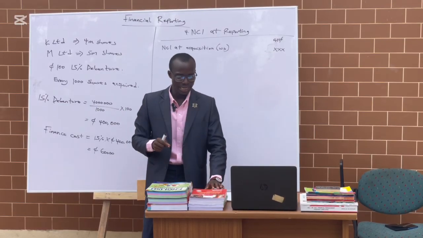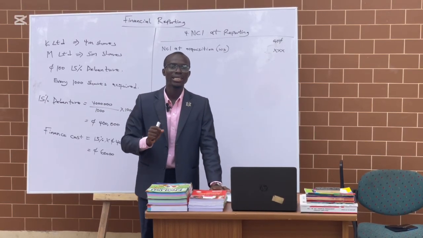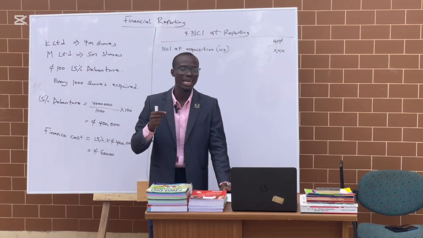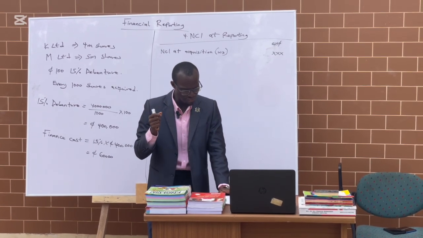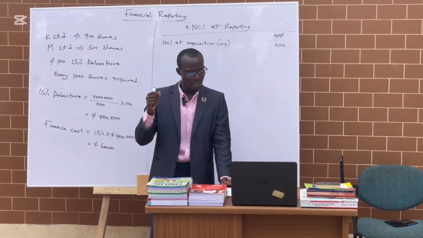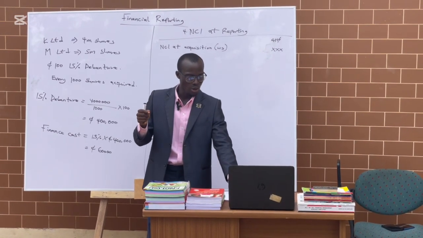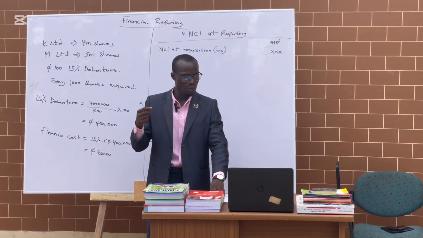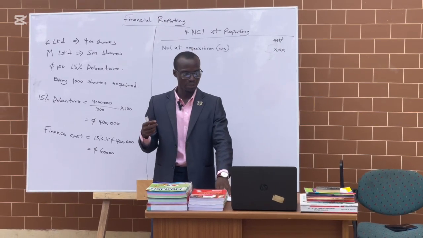The second method is that the parent company, it can be their policy, can value the NCI at fair value based on the ownership, the number of shares. So they can value the NCI at fair value using the number of shares, the ownership in the